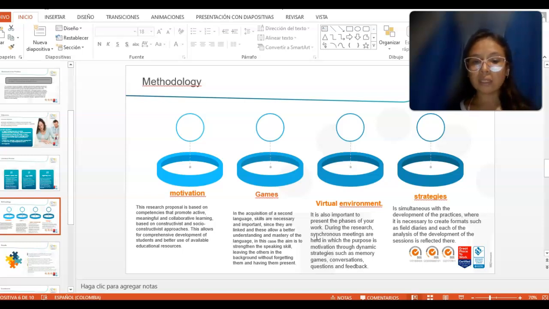In this case, the aim is to strengthen the speaking skill, leaving the others in the background without forgetting them and having them present.